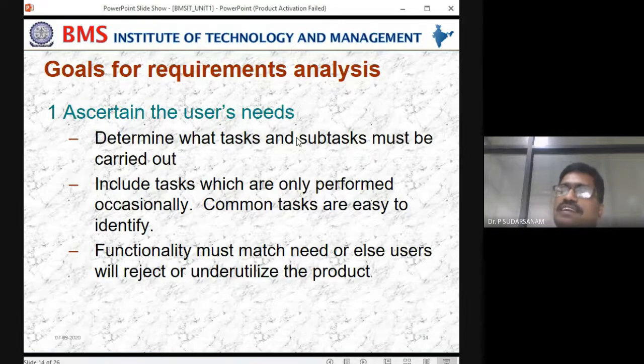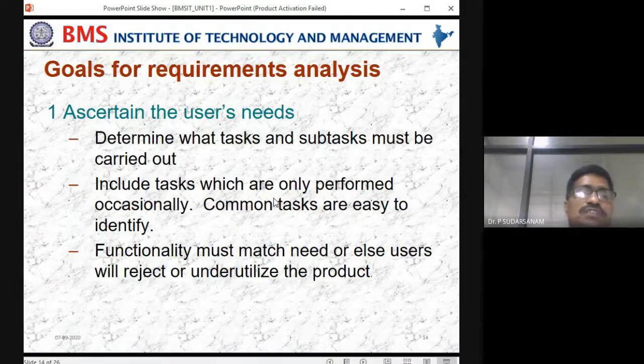But when it came to the next versions, they were not able to satisfy the customer requirements. So that is the reason they are not able to maintain it. If they are not able to satisfy that, they are not able to sustain. That is nothing but underutilization.